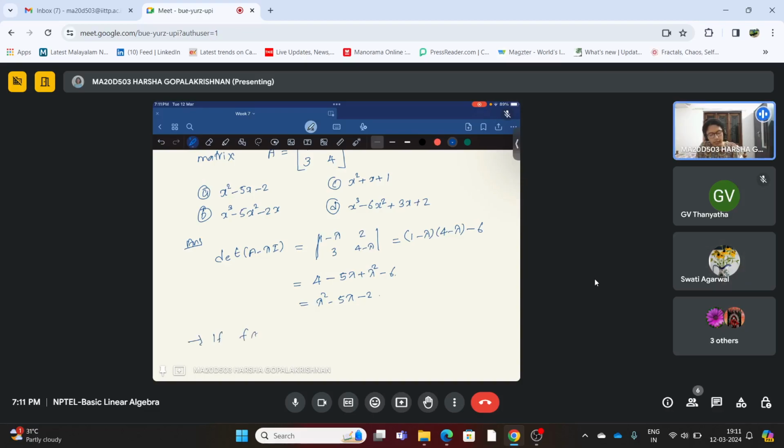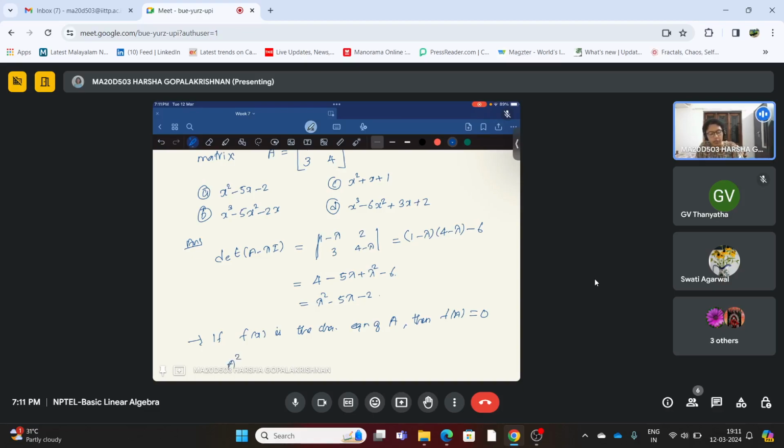If f of x is the characteristic equation of some matrix A, then f of A equals 0. Okay, this is a theorem. You haven't studied the theorem in the syllabus, but it is a very important and helpful theorem. And of course, we can omit the proof now. So using this result, can you say